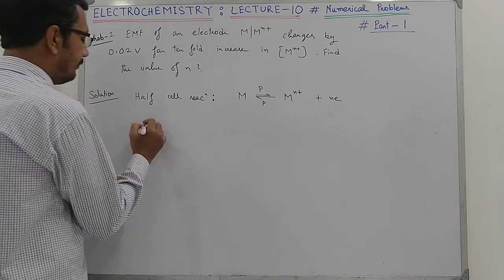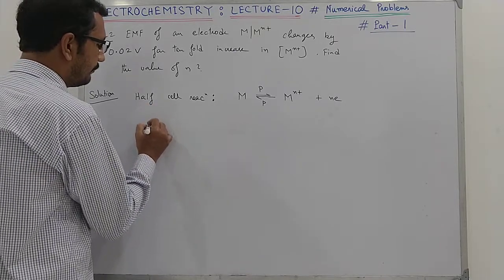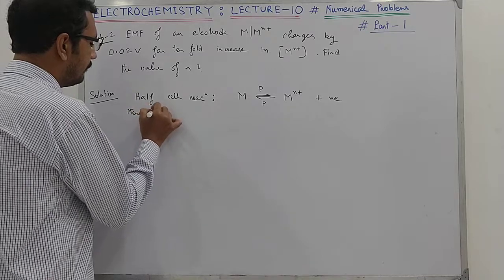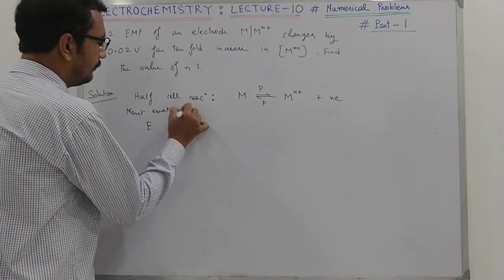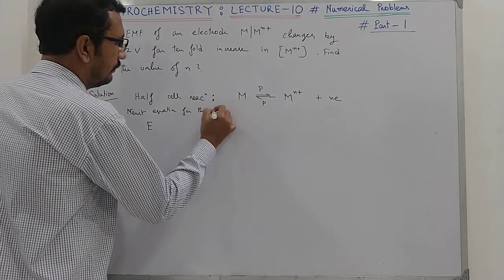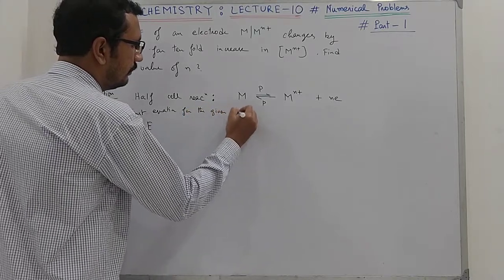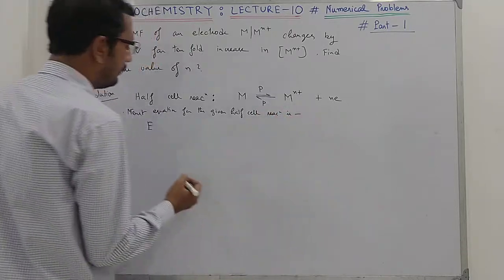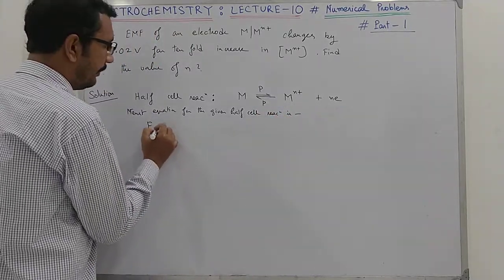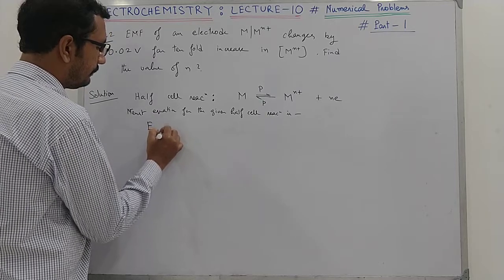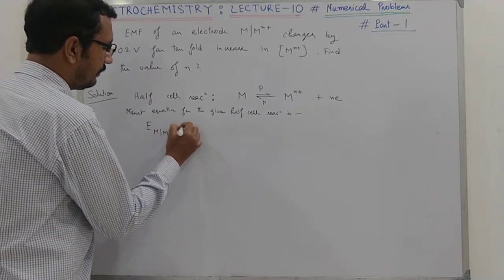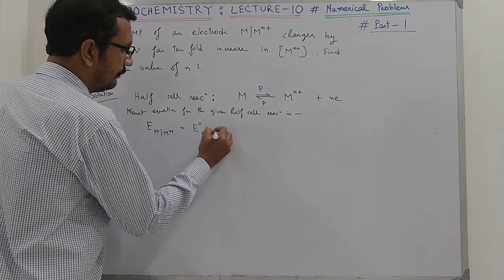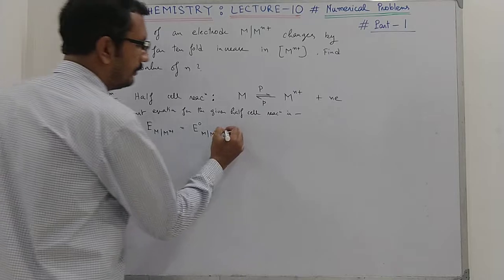So you have to write the Nernst equation. The Nernst equation for the given half cell reaction is, you mention it here. These are the formalities, you have to maintain it in exam. So it is E of M/Mn+ equals E0 of M/Mn+ minus